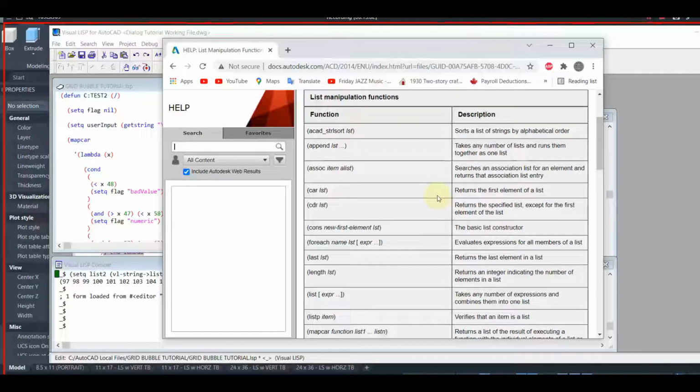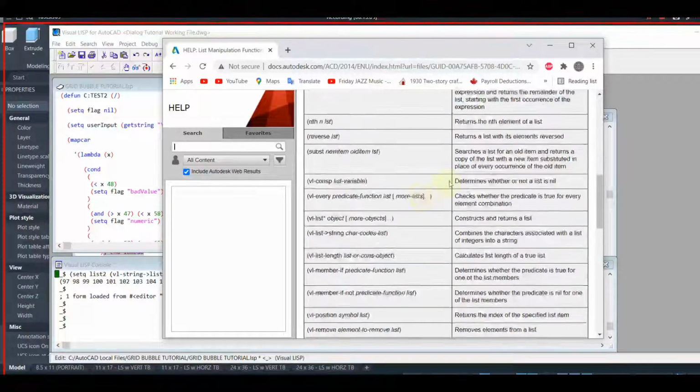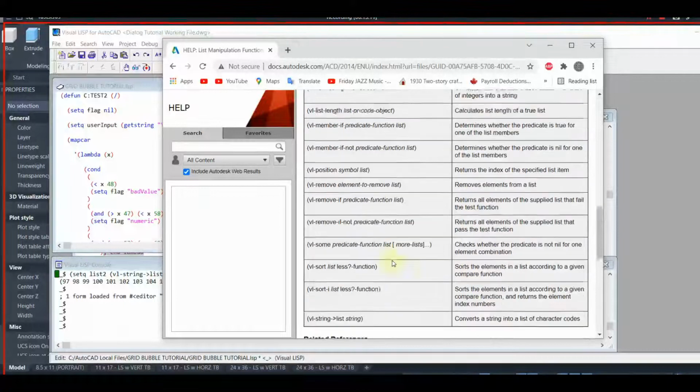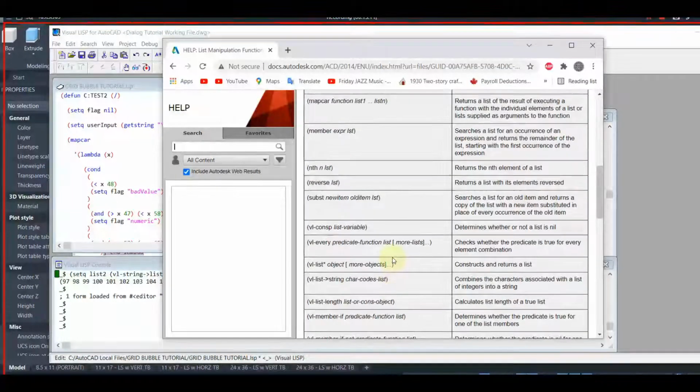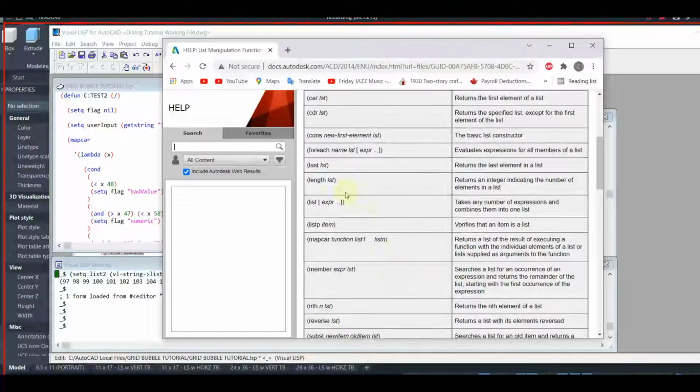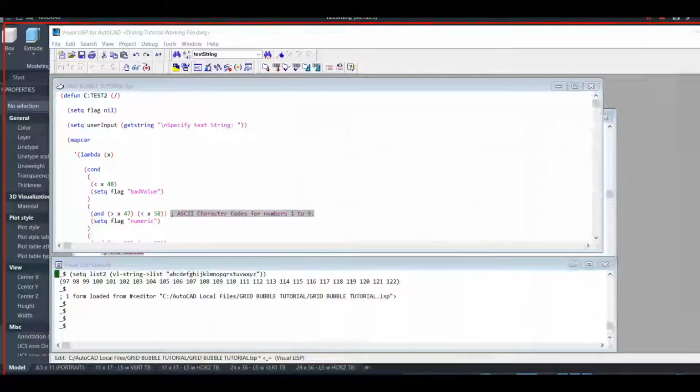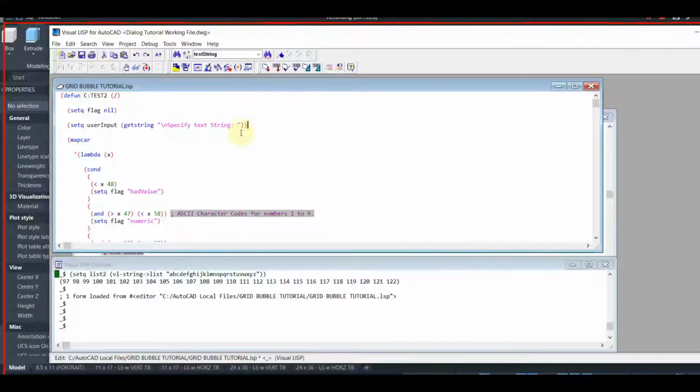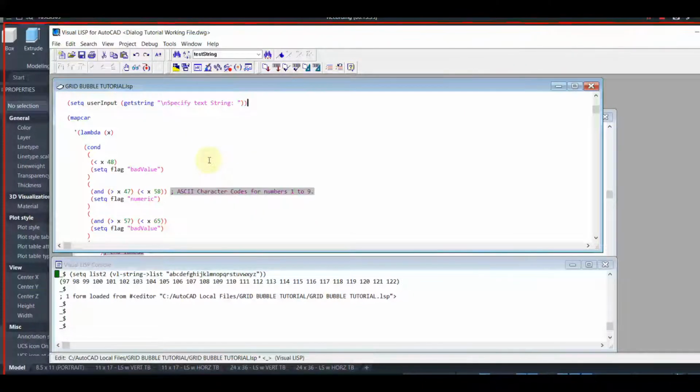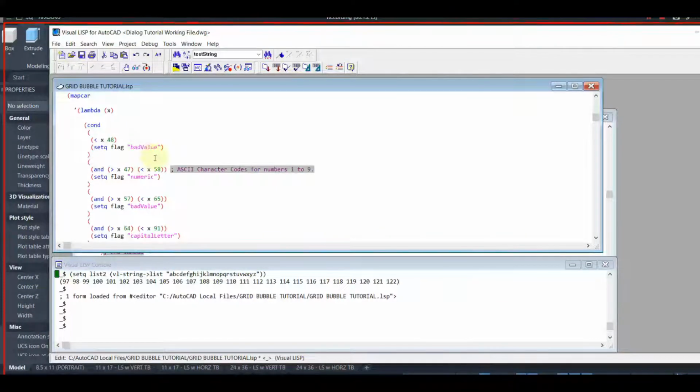So I am looking for, I think, the length function. That'll tell me, it's literally just the length. Let's see if I can find that. Because I know for strings it's strlen. Oh, here we go. So it returns an integer indicating the number of elements in a list. So what we could do either is make another MapCar Lambda statement, or I could simply add